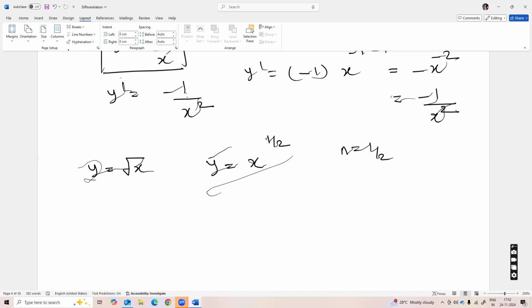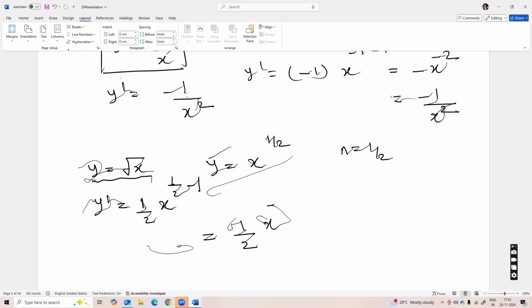Therefore, the derivative of y equal to root x can be given as y dash is equal to n, n here is half, x to the power half minus 1. So it will give you half into x to the power minus half, or you can simply write it as 1 upon,